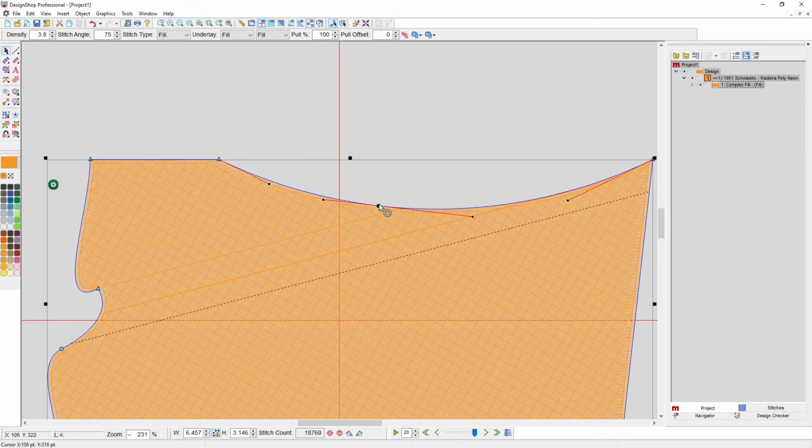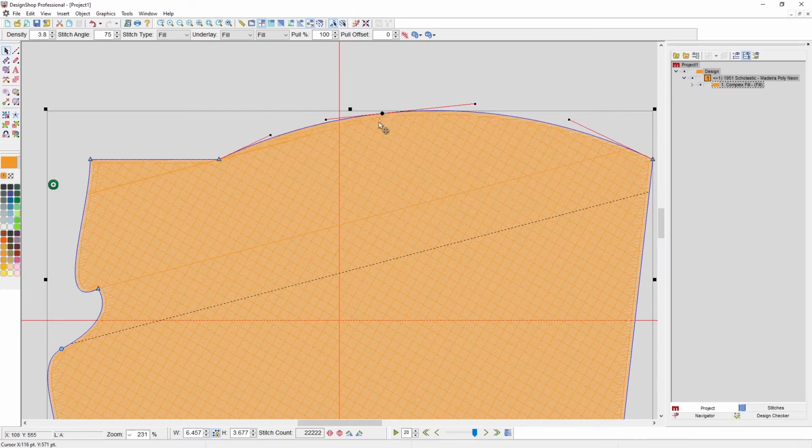Let's go move this up, give ourselves a little bit more room. If I want to add a handle to a point, I can hold Shift and click and drag out of there, and that will add